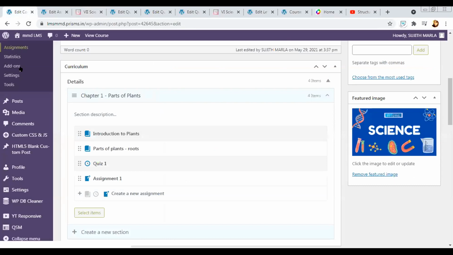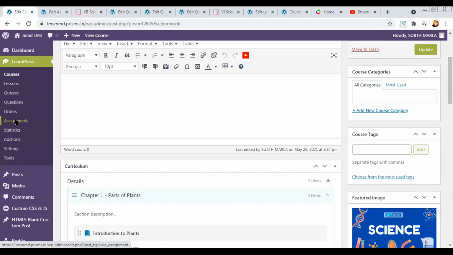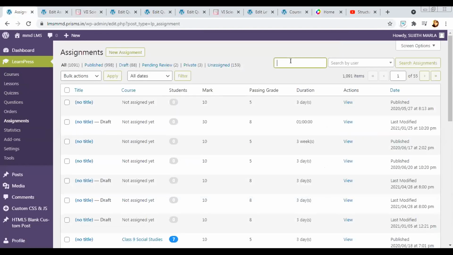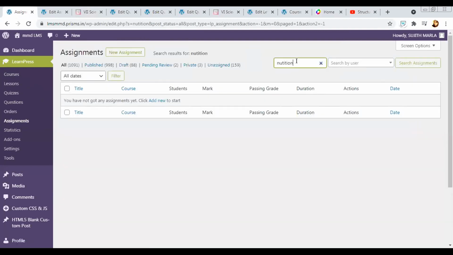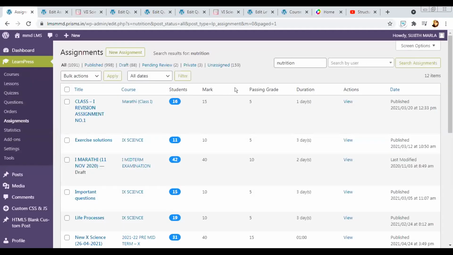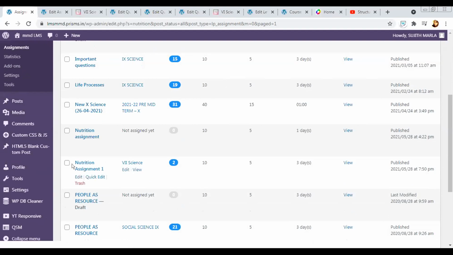Now, as a teacher, if I want to evaluate this particular assignment, I can go to assignments. I can search the assignment.